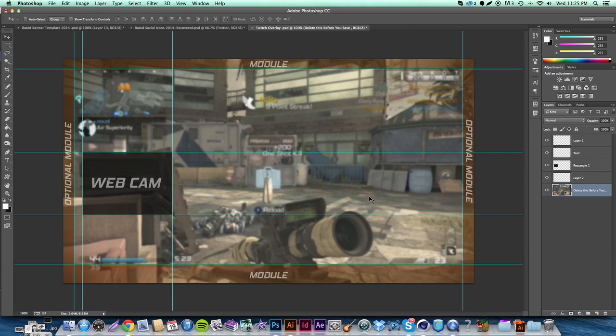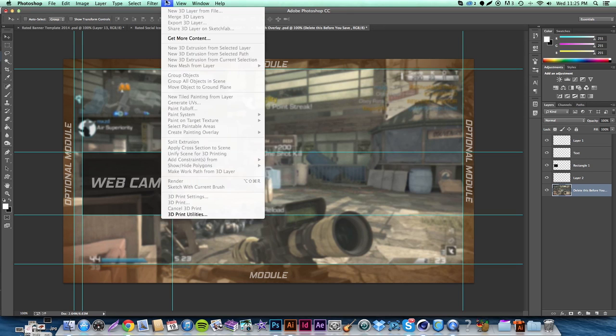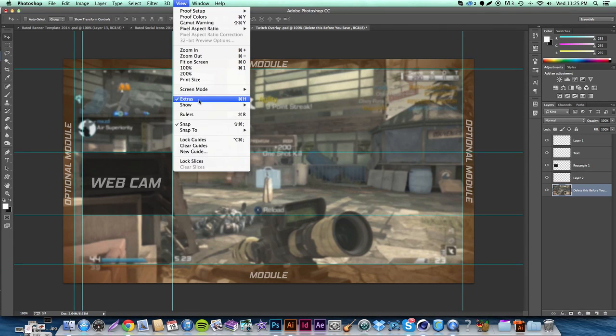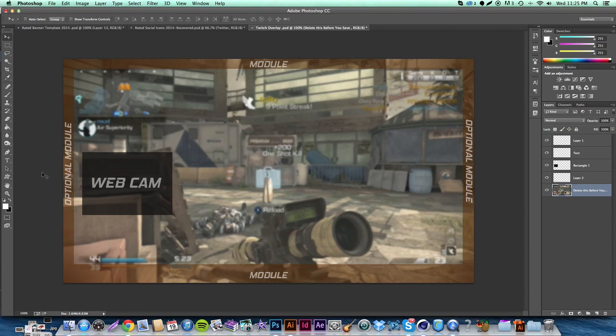If I were you, I really would just do what I usually do, which is this. I usually make my own every single time. So I clear my guides. And of course you see the modules. Now the bottom module is definite and the top module is definite. Now these optional modules on the left and right side,